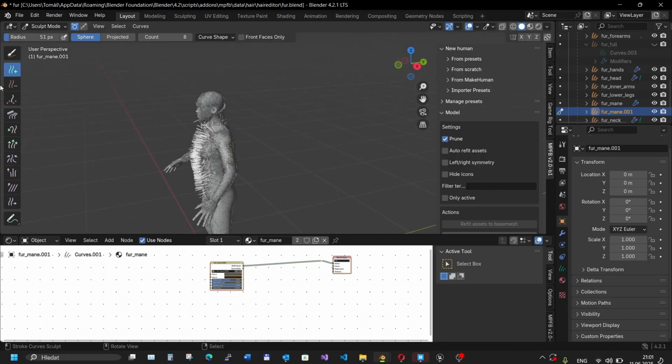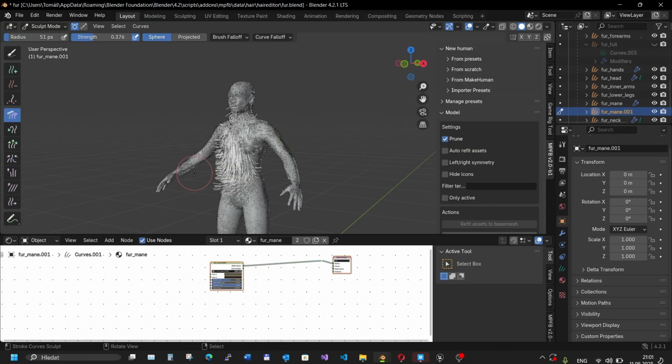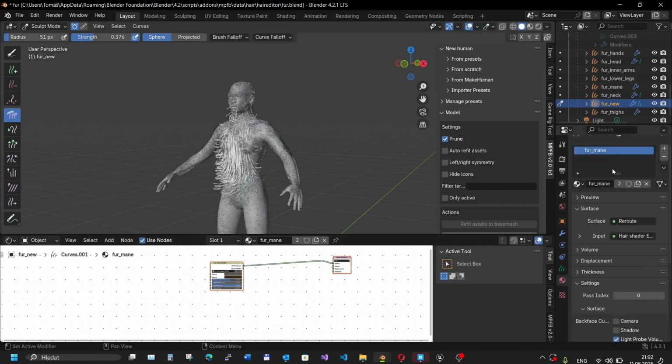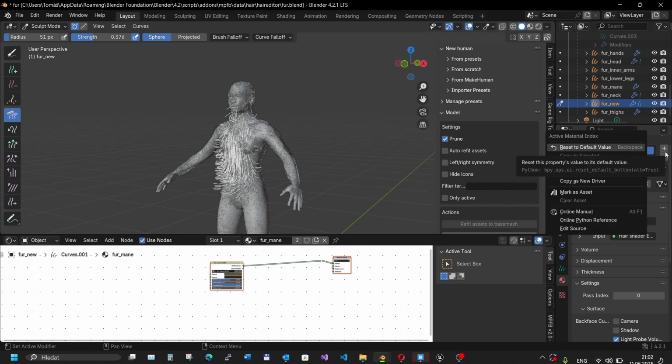Then you can sculpt it. It's very similar to the old Blender particle system. We need to rename it for new. And one more thing is we need to rename the material, but we need to first